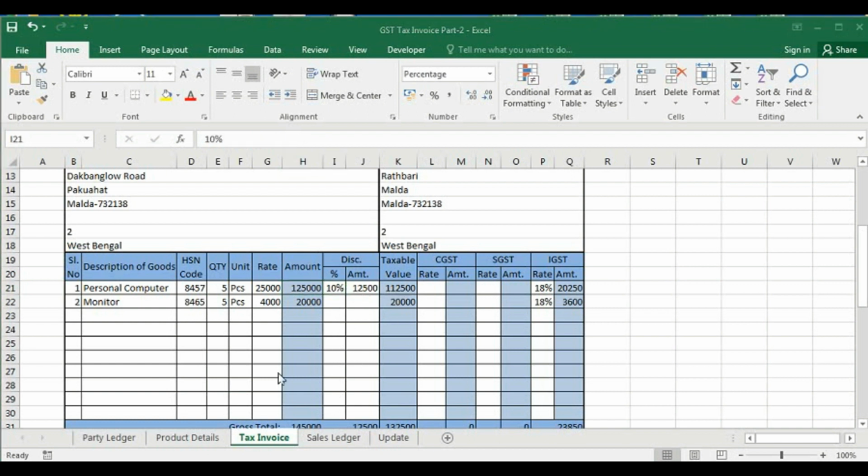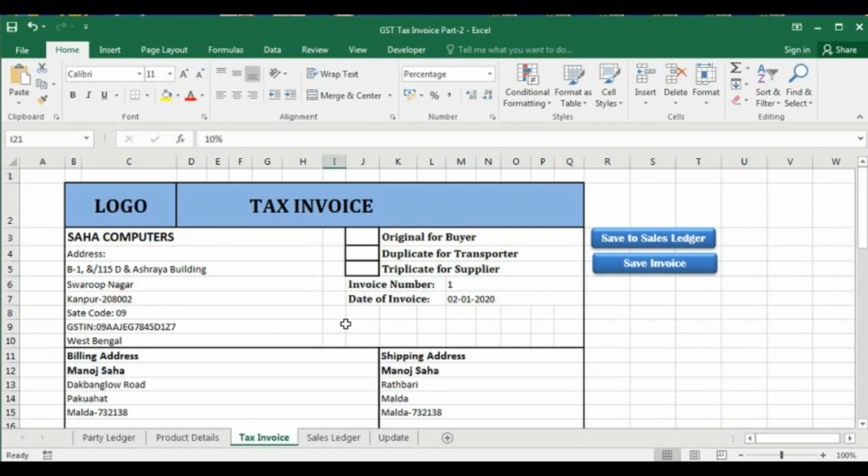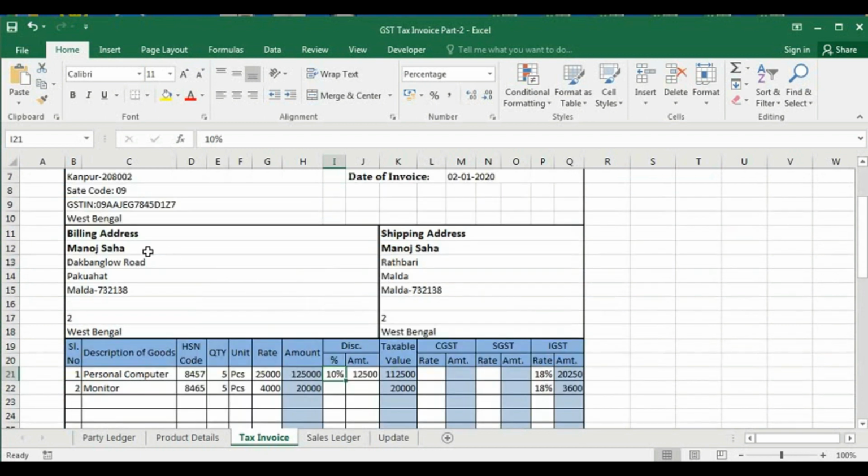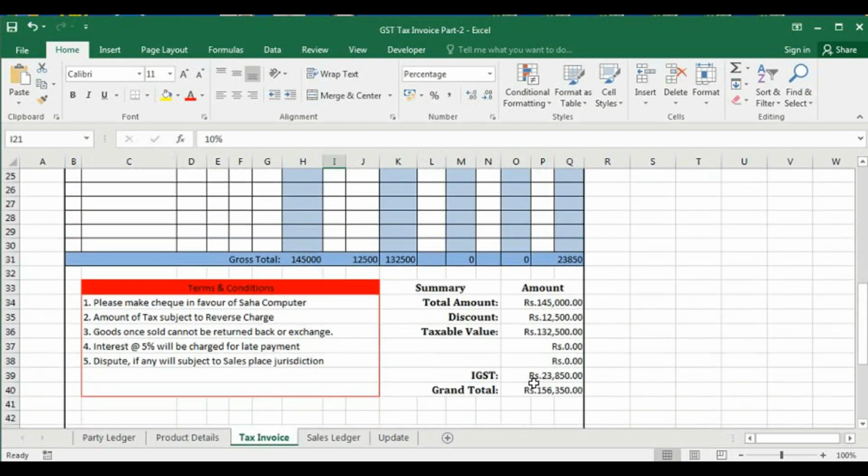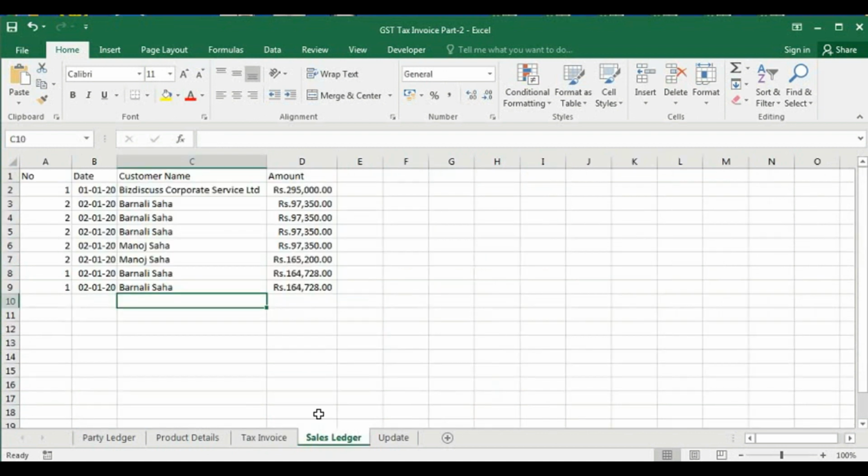And the next thing is, I have created a button here, Save to Sales Ledger. What is the work of this? When you click this button, the invoice number, date, party name and the grand total amount are saved into a new sheet, that is sales ledger.